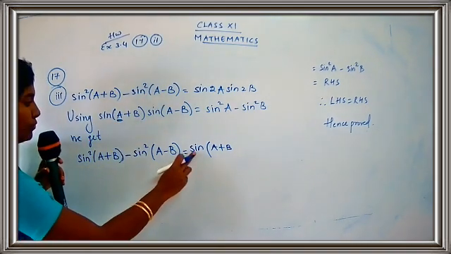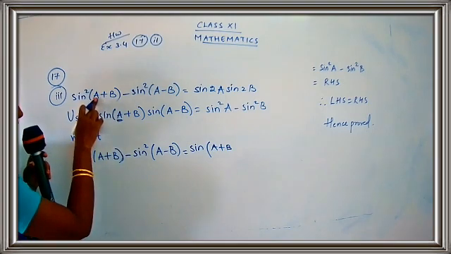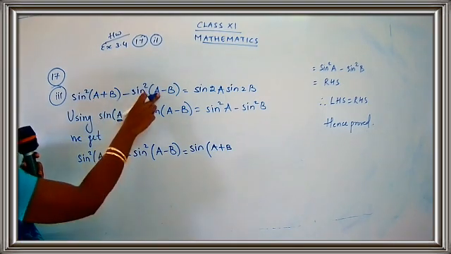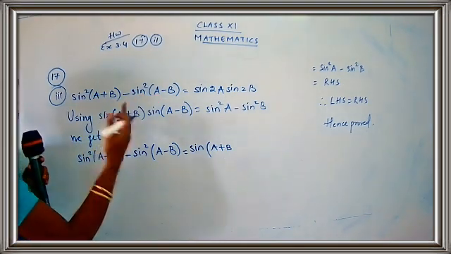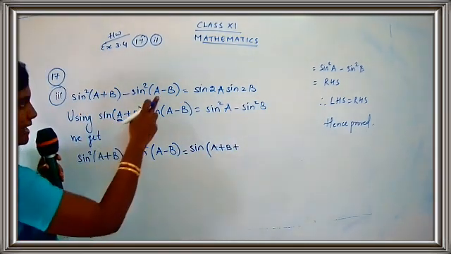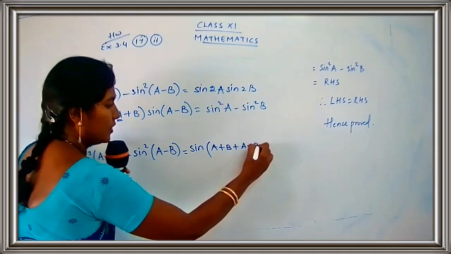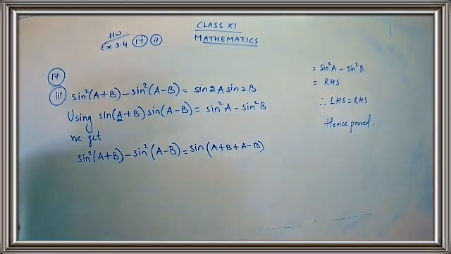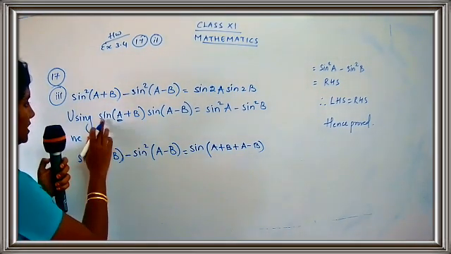So this is equal to sine of a, which is a plus b. What is the value for b? It's a minus b. What is the sign here? Plus. So no need to worry about the signs of the terms, so I'll directly write it as a minus b. Are you clear, children? So this is sine of (a plus b plus a minus b). Okay, next. So this part is done.